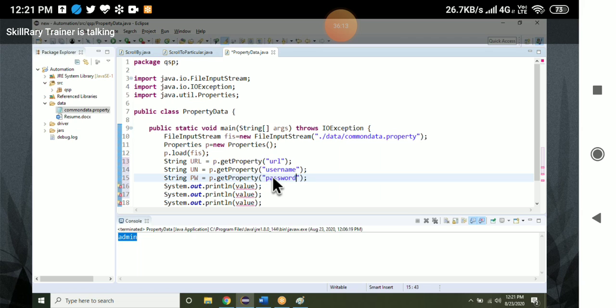This program must take the URL, username, and password. If I execute, it should give me all the things.